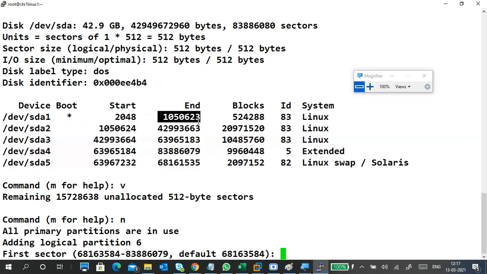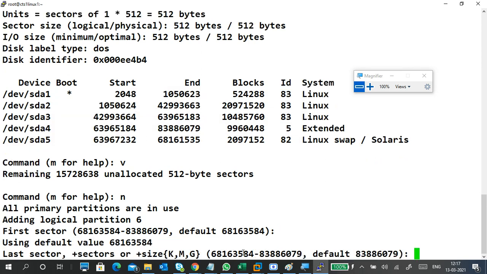This first sector, end sector, one partition. See, follow the next line. Okay, so don't do anything, just press enter. Now the last sector, we don't know how to calculate sector wise. We can do it, but the easiest thing is size wise. So what I'm going to do is put a plus